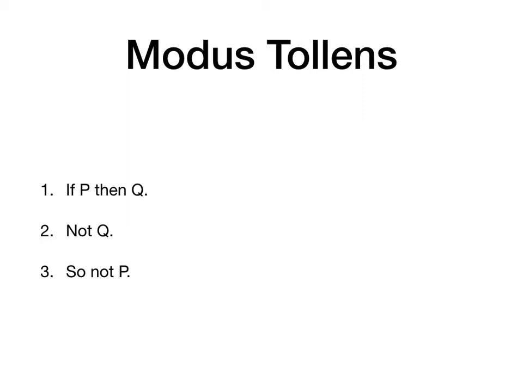Well, look at what the argument's saying. The argument says, anytime you have P, you're also going to have Q. And if that's true, well, from the fact that you don't have Q, you don't have P either. If P always gets you Q and you don't have Q, well, you don't have P either.